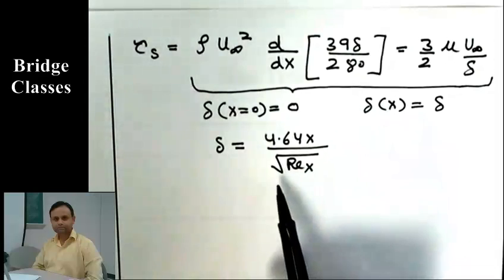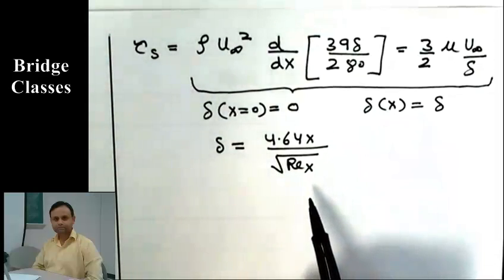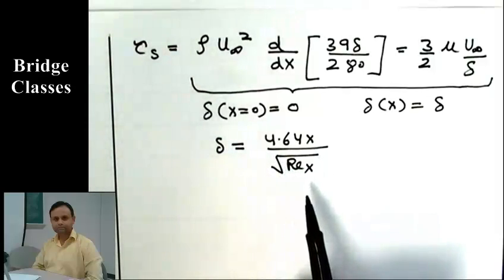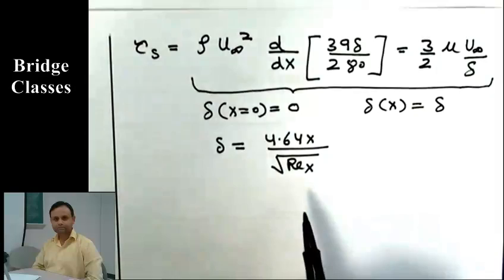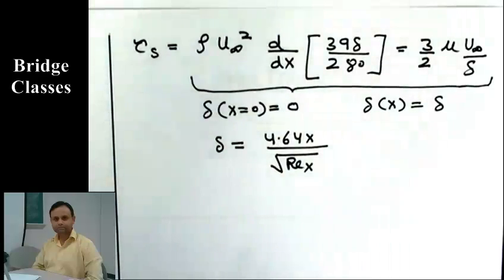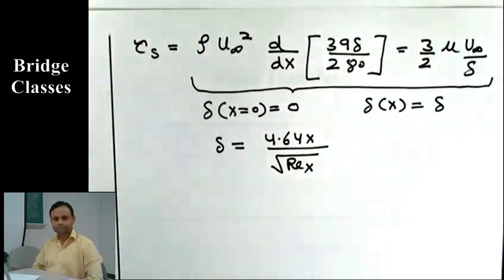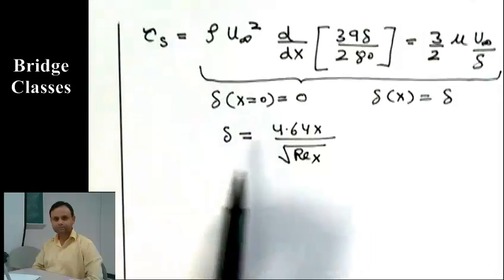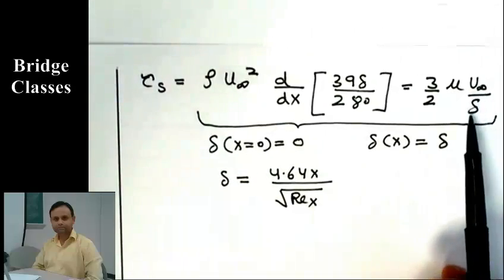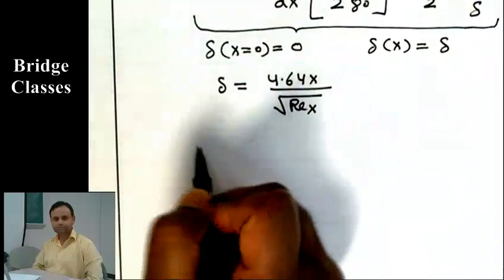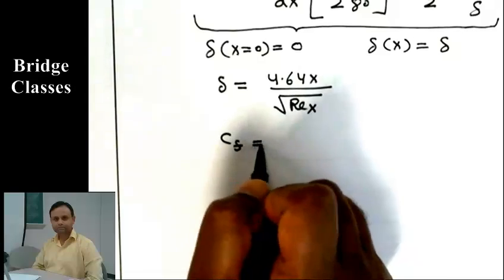Now compare this with the exact solution, the Blasius solution, which was 5x over square root Reynolds number x. So see how close it is. But it is a very simple analysis. You are writing the integral boundary layer equation, and then you are just assuming a velocity profile. That's all that gives you this. And you also get an expression for tau s. You can substitute the value of delta here, that gives you tau s, or in non-dimensional form, the value of CF you get is